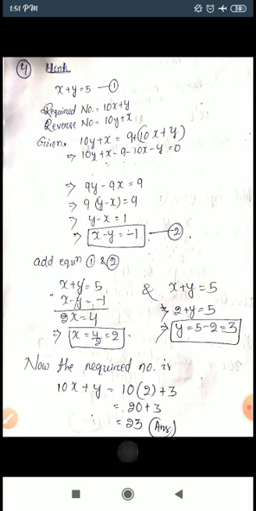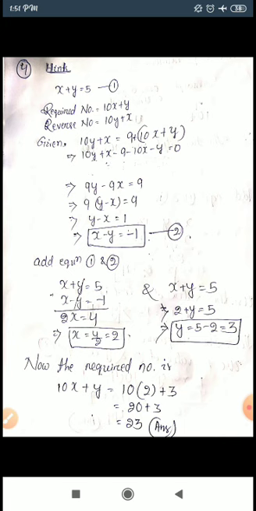Here I have not written it in words, only hints I have given, and I brought the answer. Just see. A number consists of two digits whose sum is 5. When the digits are reversed, the number becomes greater by 9. Find the number. As before we have taken two digits, same as that we have to take here. Already it is given x plus y equal to 5, and the required number obviously will be 10x plus y, and the reverse number 10y plus x.